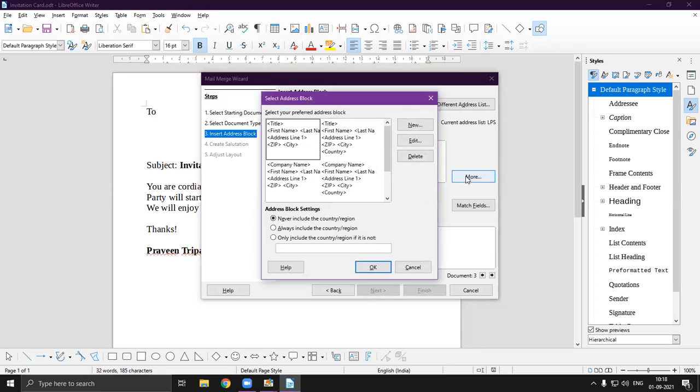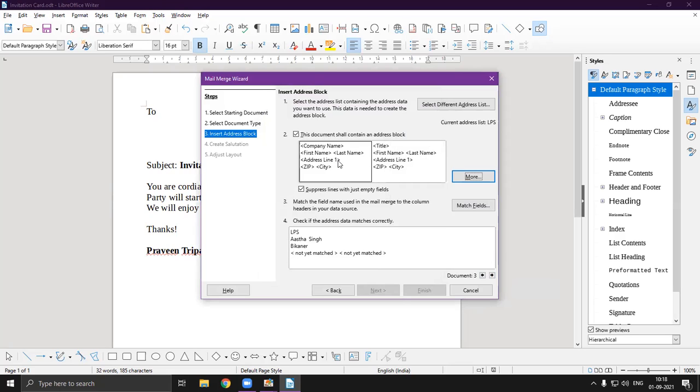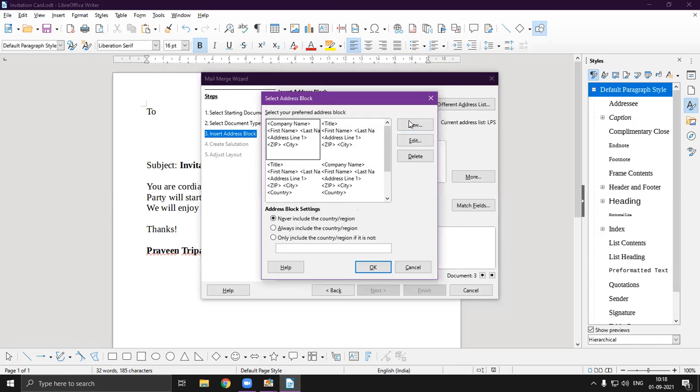होगी तो उसमें वो सप्रेस कर देगा। सो हेयर, और अगर आप इसको चेंज करना चाहते हैं, जैसे कि अगर ये ऐसे दिखाएगा टाइटल फर्स्ट नेम लास्ट नेम उसके नीचे एड्रेस लाइन, और अगर आप चाहते हैं कि कंपनी नेम सबसे ऊपर आए तो यहाँ पर आप कंपनी नेम दे सकते हैं, फिर फर्स्ट नेम लास्ट नेम, या आपका जो भी आप करना चाहें उसके हिसाब से आप कर सकते हैं। ठीक है, सो आई वांट टू क्रिएट लाइक दिस। ओके, और इफ यू वांट टू डिलीट एनीवन सो यू कैन डिलीट आल्सो। इफ यू वांट टू डिलीट इट हियर सो यू कैन डिलीट इट।